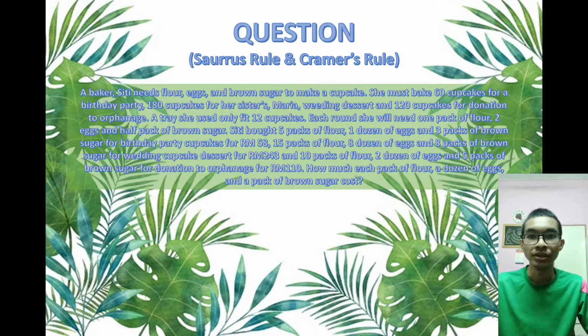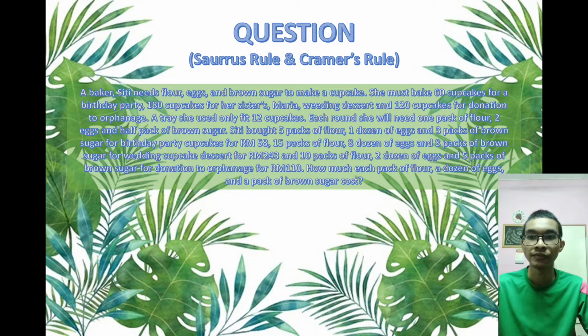Each round she will need 1 pack of flour, 2 eggs and half a pack of brown sugar. Siti bought 5 packs of flour, 1 dozen eggs and 3 packs of brown sugar for the birthday party cupcakes for 58 ringgit. 15 packs of flour, 8 dozen eggs and 8 packs of brown sugar for the wedding cupcake